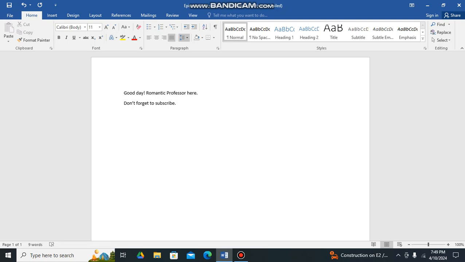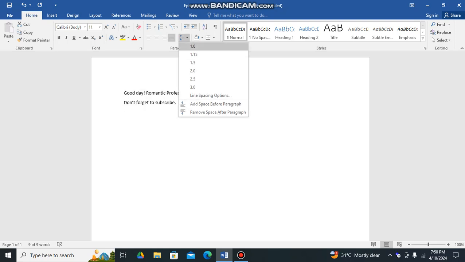This is the line and paragraph spacing. We can choose how much space appears between the lines of text or between the paragraphs. To apply the same spacing to your whole document, we can use the Paragraph Spacing option on the Design tab. But for now, let's highlight the two sentences that we want to edit the spacing of, and then click Spacing here, and then we have different options.